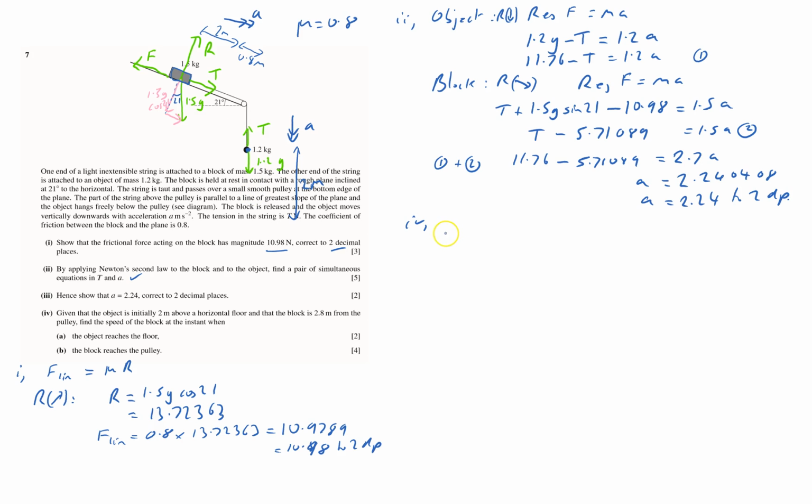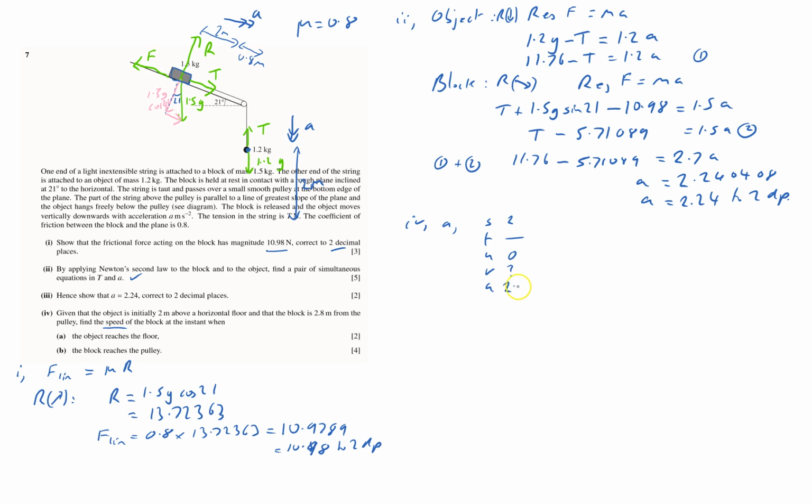So the first part, I've got to find the speed of the block at the instant when the object reaches the floor. So when the object reaches the floor, I can just find out how fast the object's going. And so this will be a simple suvat one. So the equation is constant acceleration. S is going to go 2 meters. Don't care about time. Initially it's released from rest right at the beginning. I want to find the velocity, and the acceleration I just worked out is